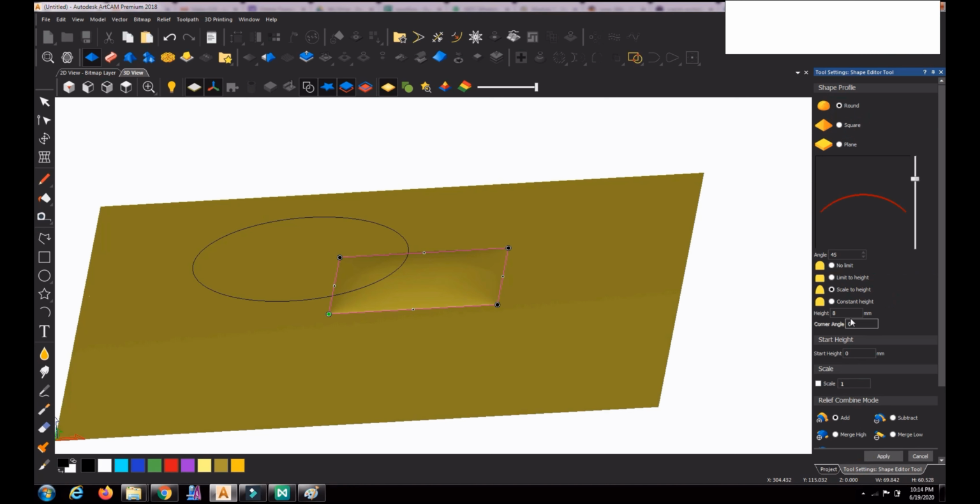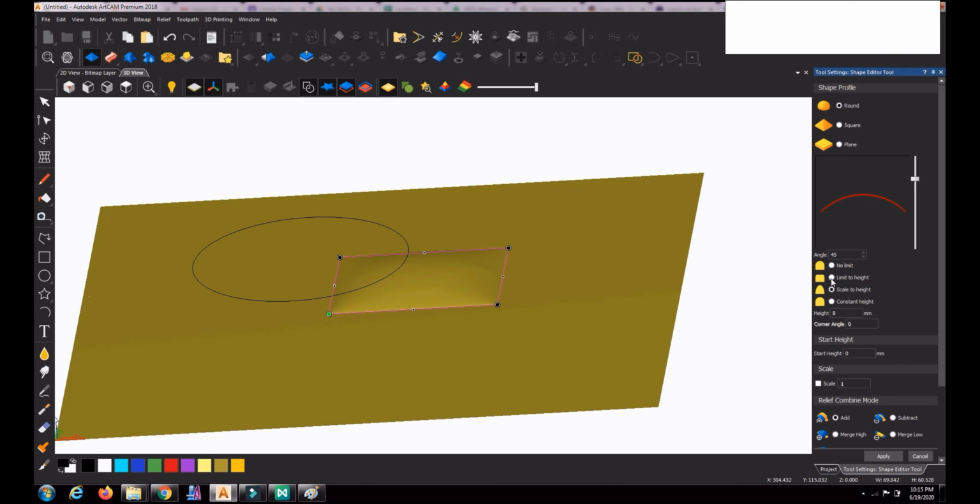So these three options are clear. One is no limit, where you are not giving any restriction to height. It will automatically form the shape with whatever angle we have given here, and according to that it will reach the maximum height. Once we see the maximum height for that angle, we can limit below that only. If it reaches 12.5, we can limit to 10 or 12, a value below it. A value above is no point; only below can we limit to height.